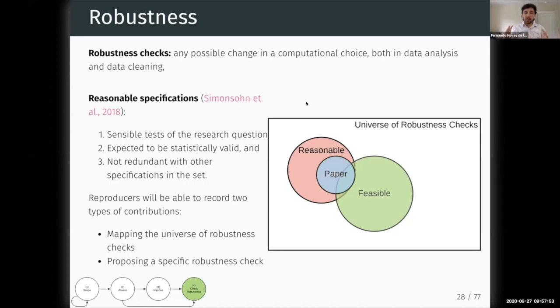That these are going to be the ones that reproducers are going to be able to. The more they can reproduce, the larger the feasible set. So on the one hand, we're going to ask reproducers to increase the size of the feasible set. Any type of robustness check, that's going to be one type of contribution. Another type of contribution, we're going to ask reproducers to justify that a specific robustness check is in the